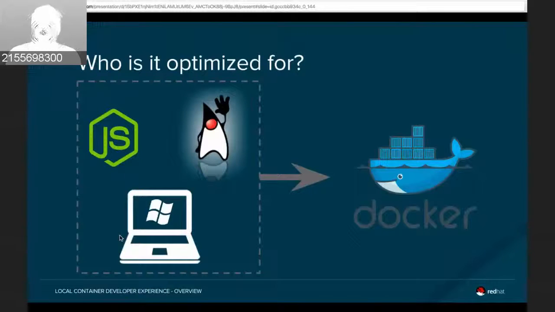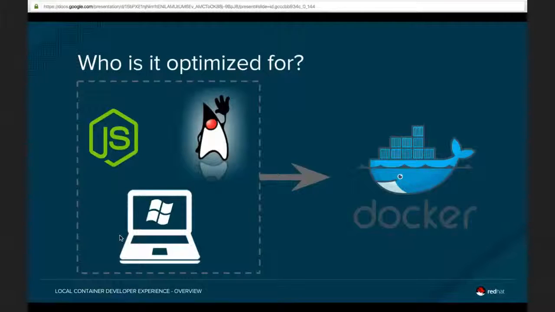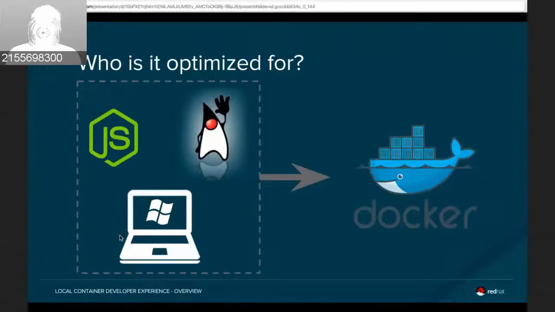So the scenarios that we wanted to optimize for, in this case, were JavaScript and Java developers who are running Windows on their development machine and are deploying to a Docker-based environment such as OpenShift. And we think OpenShift is definitely the best Docker environment to deploy to, so our focus as the Docker environment was on OpenShift. So that's the target audience: JavaScript and Java developers running Windows on their desktop, deploying to OpenShift in production. So if we go to slide 6,